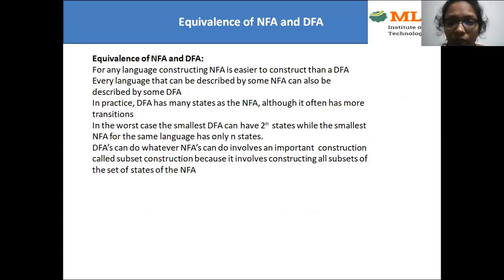But in the real world, most of the machines will support only DFA. Why? Because if it is a machine and if it has two destinations, obviously it will confuse. Like which one should I take, right? Because it's not a human being to decide on its own. So most real-world applications will go with DFA only, but NFA construction is only for our sake. Finally, whatever you draw, NFA or DFA or NFA with epsilon, finally we need to go with the DFA only. Using some tools, you're going to convert internally, finally into the DFA only.